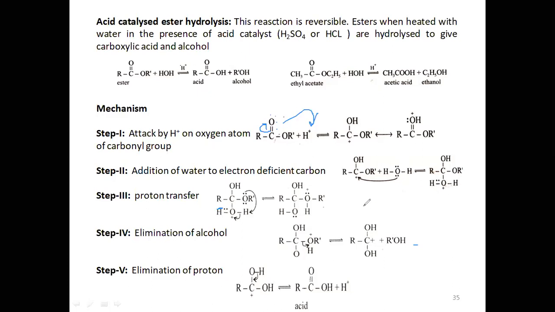So the next step is the transfer of proton. See here, I have written this structure here. The same structure you take and write it here. Now proton is transferred from where? Now there is a positive charge on the oxygen. We have to remove alcohol, right? How? On this group we need one hydrogen. So this alkoxide oxygen will take away this hydrogen. Now this bonded pair of electrons will shift onto the oxygen. See the arrow mark here. These electrons are shifted onto the oxygen. Therefore, oxygen will get its lone pair back. Here you have to show one more lone pair.